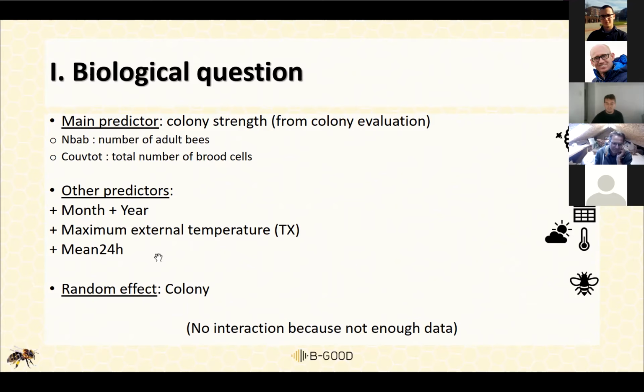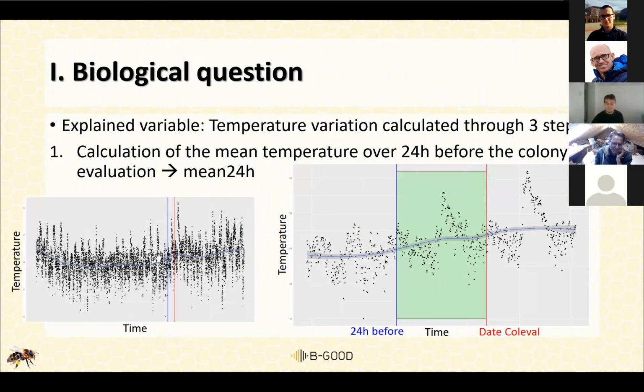And also we use the mean temperature that I will describe just a little bit after. We also added a colony random effect to take into account variabilities between colonies. And unfortunately, we could not add interactions between these predictors because we did not have enough data, but we might be able to do that with Be Good data later.